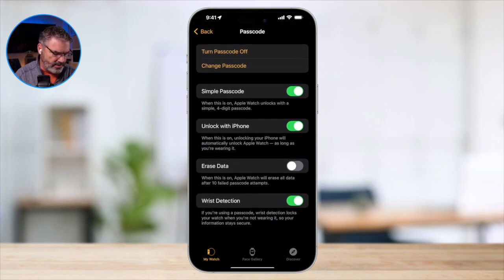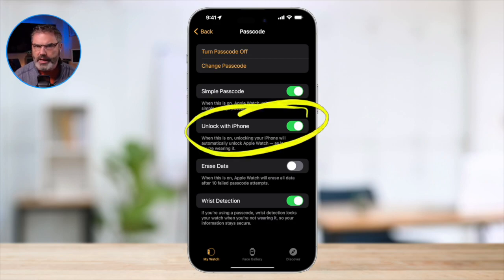But one thing you can do is you can turn on unlock with iPhone. So then when you unlock your iPhone, let's say you get a call, or you're checking news or checking your email or anything like that, anytime that you unlock your iPhone, it will also unlock your Apple Watch.